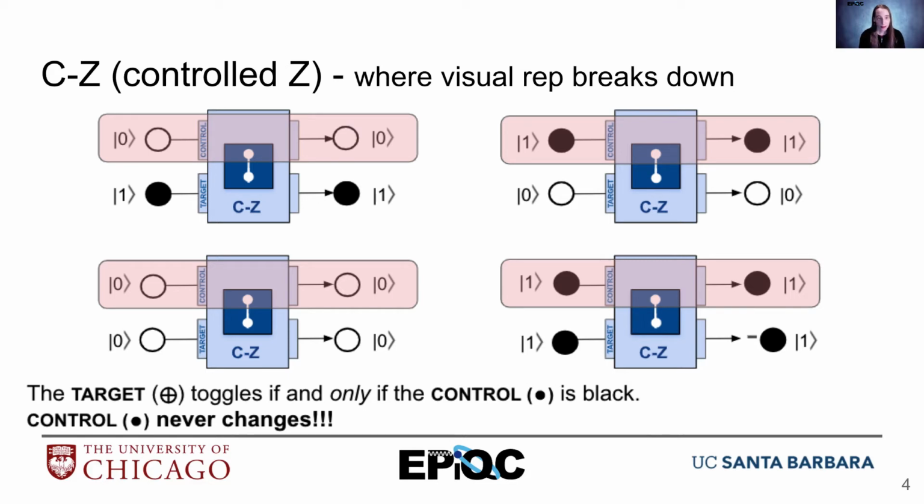And that actually makes sense because look, if the control is white, which is the left column, then the target doesn't change. If the control ball is black, then we apply a Z gate. But as we know, a Z gate applied on a white doesn't make any difference. So what we see is that the only time a change happens is when I have a black ball, and that changes from black to negative black or from negative black to black.